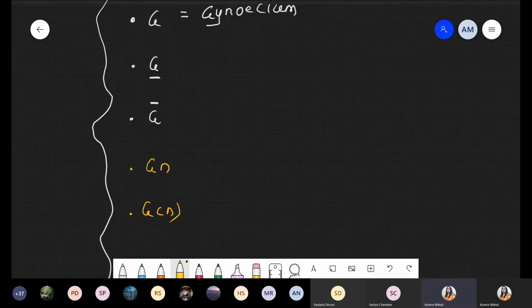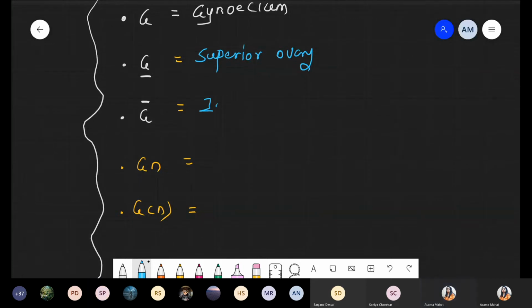So quickly tell me the meaning of all these symbols, because we already discussed that we have to take one formula related to floral family. For that formula we have to know the meaning of all these conditions. If G is below the bar, it is which type of ovary? Superior ovary. Right? Now such a type of ovary? Inferior ovary. Yes.